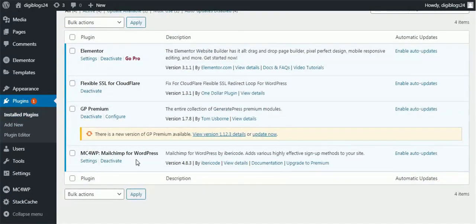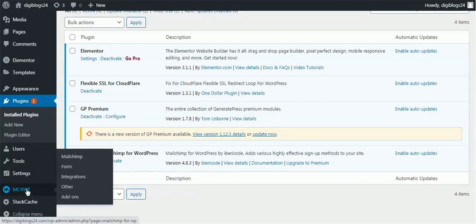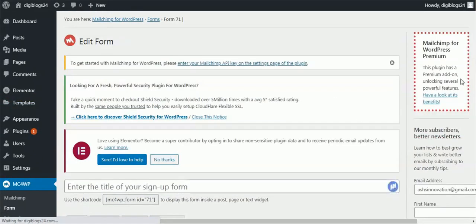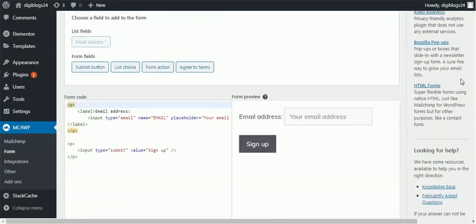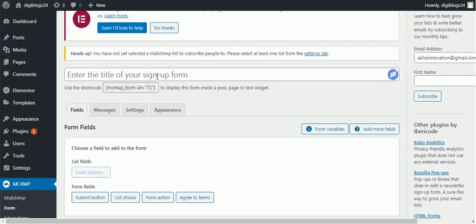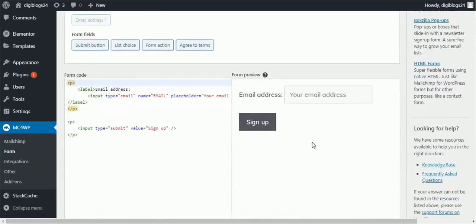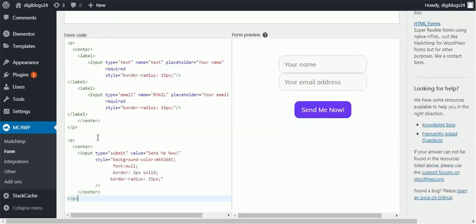You will see MailChimp for WP option. Now click on forms. We are going to create a new form. Let's add form name. Here you will see a form is quite simple. So let's change the